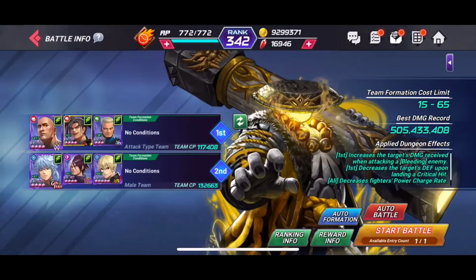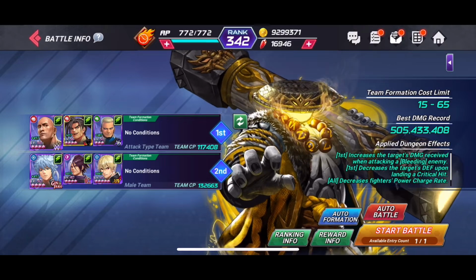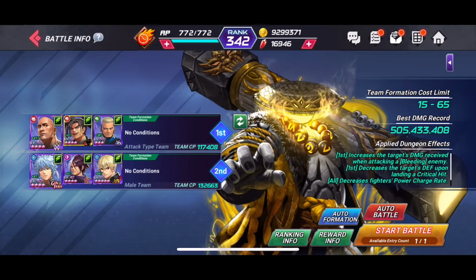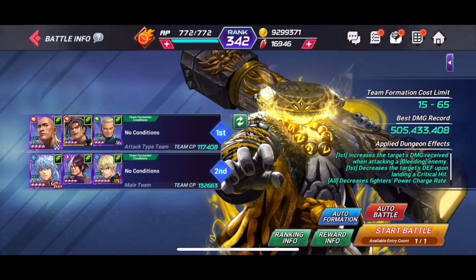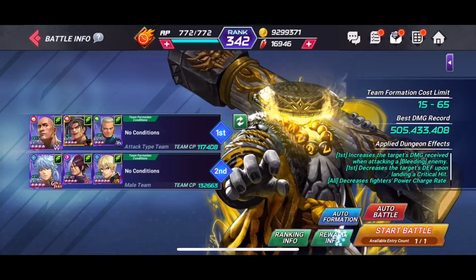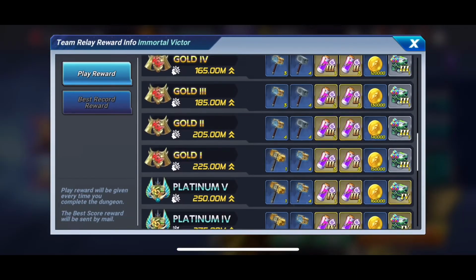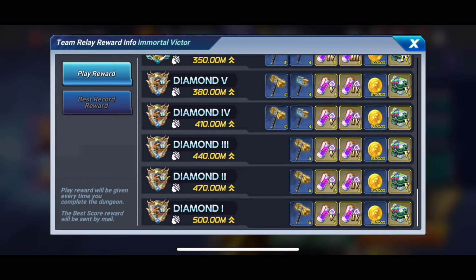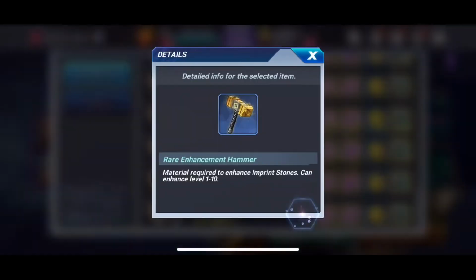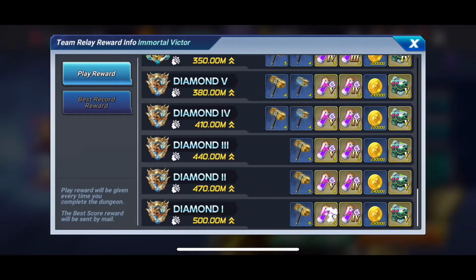Let us take a look inside. Yeah, this boss first and foremost is a yellow element. Okay, and although this is a difficult content, if we take a look at the reward info, it is actually pretty good. If you're able to reach Diamond 1, you will receive Rare Enhancement Hammer, Tier 5 capsules, Tier 4 capsules, okay, some money, and I think